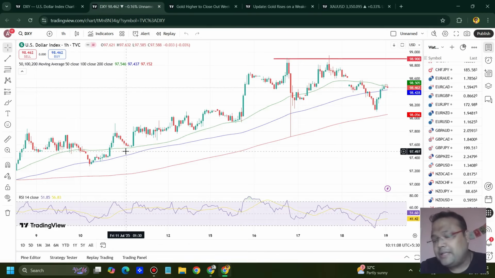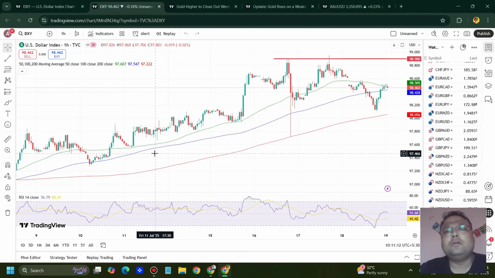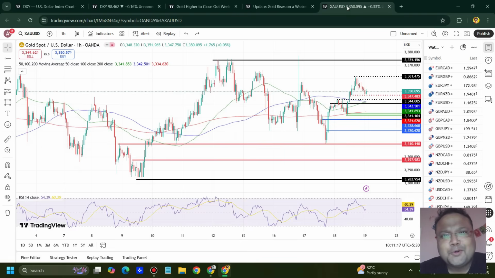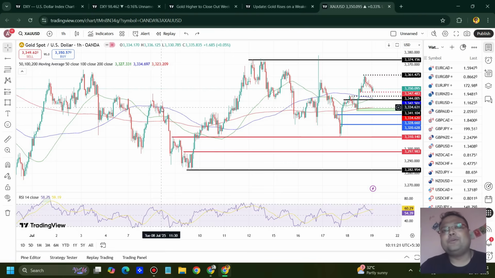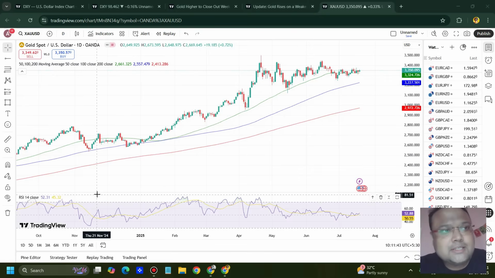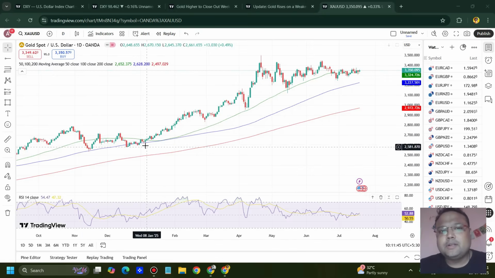And this is the chart of DXY, dollar index in front of us, and dollar index was overall bullish throughout the week. But if you look at the chart of gold, gold has been disappointing. As we all know, for the last couple of days, gold is trading in a very narrow range, because of which the trading opportunities are limited. As you can see on the chart that I have drawn many lines, so let's try to understand them one by one. My dear friends, this is the daily chart of gold in front of us.